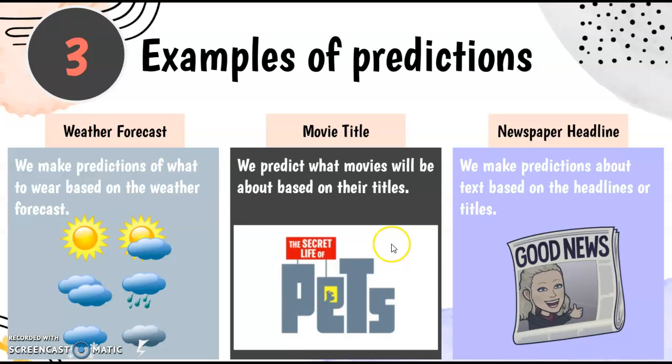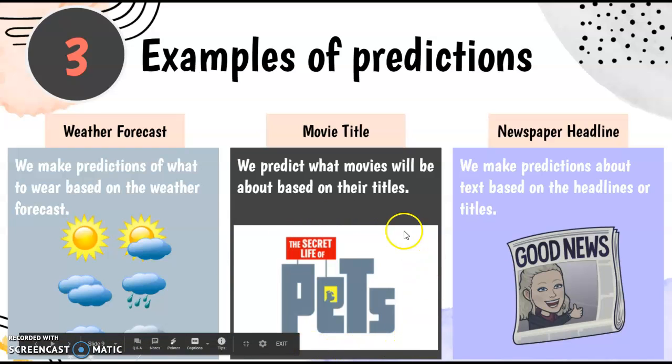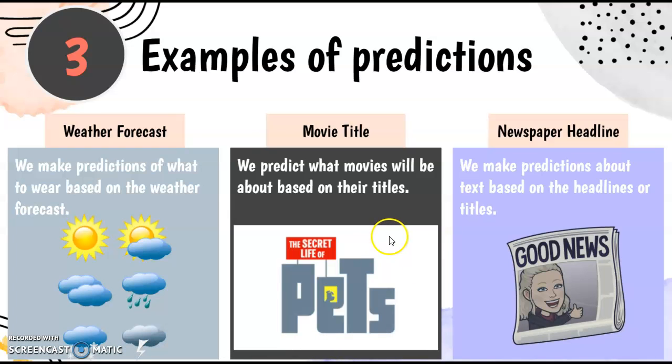I'm sure you've all seen The Secret Life of Pets or heard about it, so you probably know what it's about now. But if you never heard of it before, or before you saw it, you probably could figure out what it was going to be about just based on its title. Secret life, that tells me they don't want us to know about it, because secret's something that we don't want other people to know for whatever reason. A pet is an animal that lives with you. So this is probably about some silly pets that have a secret life that we as their owners don't know about.